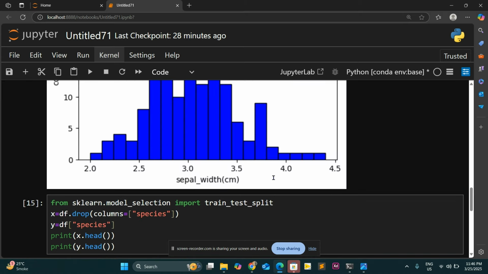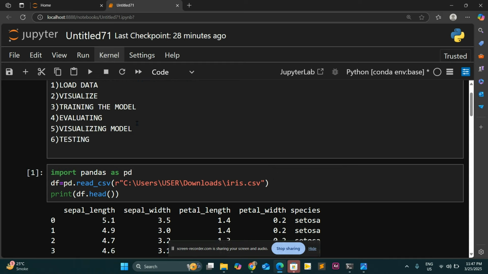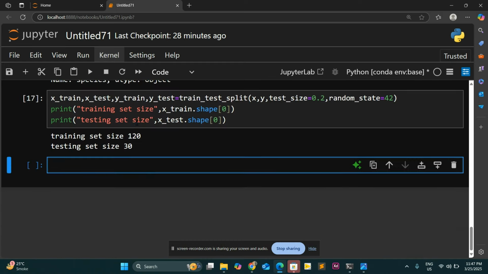So far what we have done, we have loaded data, we have visualized data, and we have trained the data. Now we are going to check the accuracy of our model, how our model behaves when it comes to accuracy. So to do this, we are actually using,